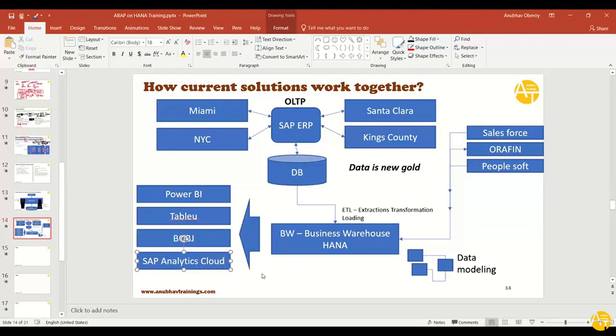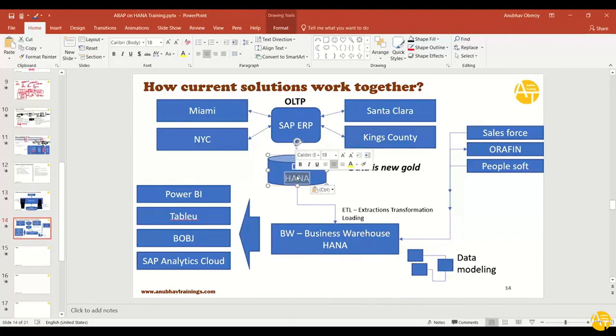So these tools are then used to fetch the data from these models and show this data in beautiful charts, amazing graphics, more drill down capabilities and stuff like that. This is how industry by far is working and worked. Where does HANA come into the picture? HANA can be used in two places. One is with BW, where you can store massive data to achieve good performance on your analytics. The second use case where HANA can be used is also here,